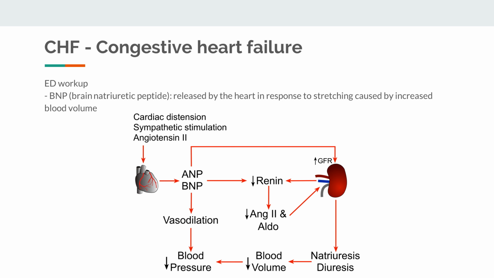A lab test that can point us towards CHF is called the BNP, which stands for brain natriuretic peptide or B-type natriuretic peptide. It's a hormone that was first discovered in the brain, hence its name, but it's actually produced by the myocytes in the heart. BNP is normally released in response to the heart becoming stretched out when blood volume is increased, such as in CHF when patients are fluid overloaded. As the name suggests, it's a natriuretic, so it causes increased urine production at the kidneys to lower blood volume. Normal BNP is about 100, but in CHF patients you can see BNP in several hundreds and even several thousands.